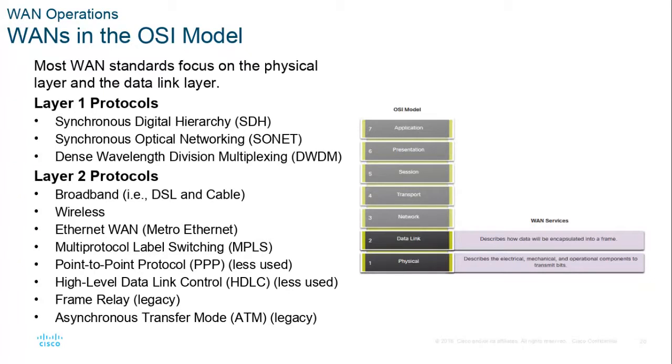Then at layer 2, the data link layer, how are we going to make the frames that put these together? So they're going to be Ethernet frames, they're going to be point-to-point protocol frames. So when you go to a Cisco device and you type show interfaces and it says it's up and up with the other device, layer 1 means the physical wires are plugged in. We can transmit the currents representing the bits. The second up means we both agree as to what the protocols are. We're both speaking point-to-point protocol, for example, and we can communicate back and forth. The telephone analogy would be if we both speak in Italian, we can both speak to each other.